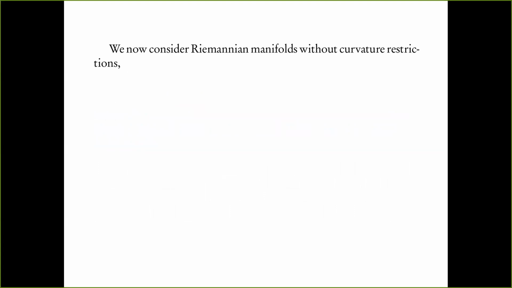Let me state things without curvature restrictions. Now we change our viewpoint a little and consider Riemannian manifolds with no curvature restriction, negative or positive. Just Riemannian manifolds, back to the basics. And we want to talk about closed geodesics. Why? Well, we just talked about pi1, and the elements of pi1 are given by loops. Loops are nothing but closed curves, meaning maps from S1 to your space M, which is smooth or continuous as the case may be. And typically for pi1, these are based loops.